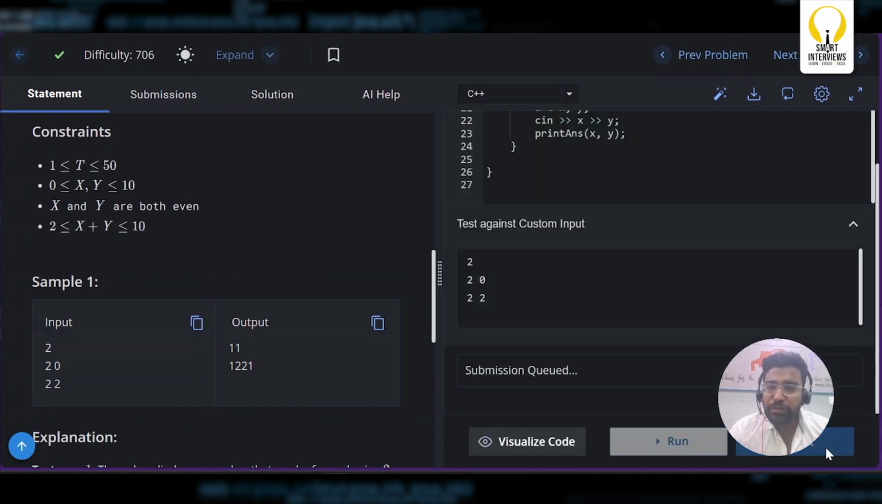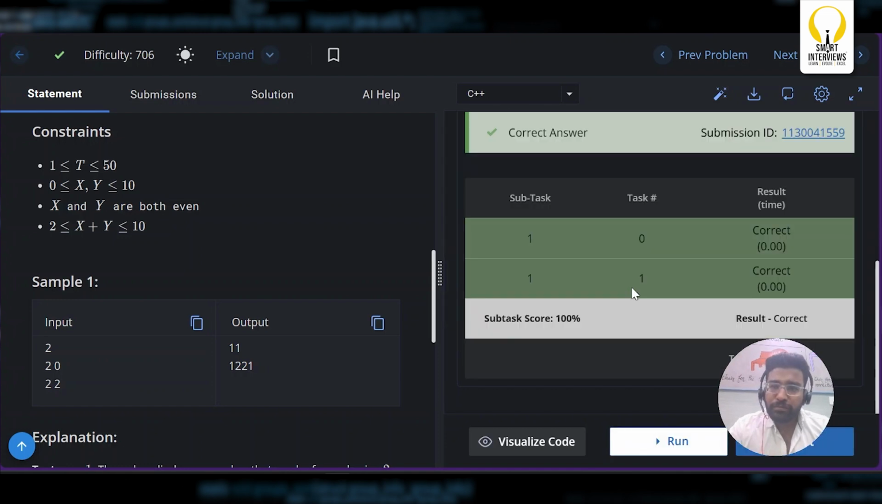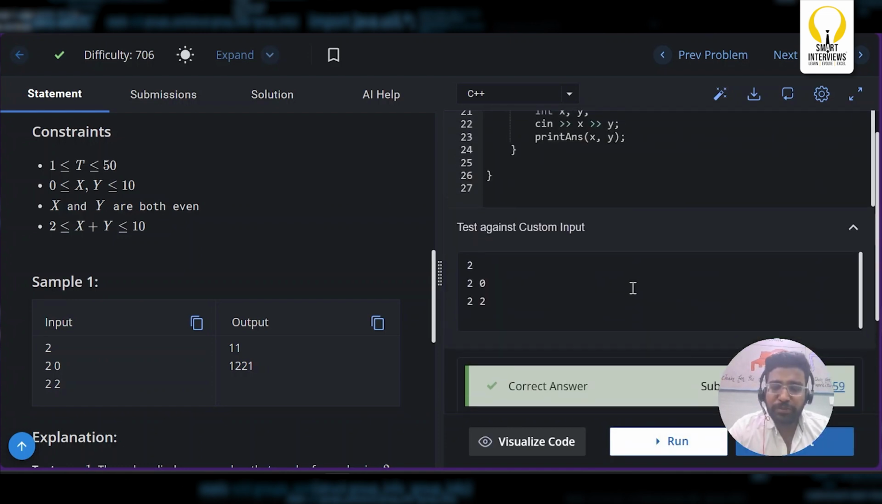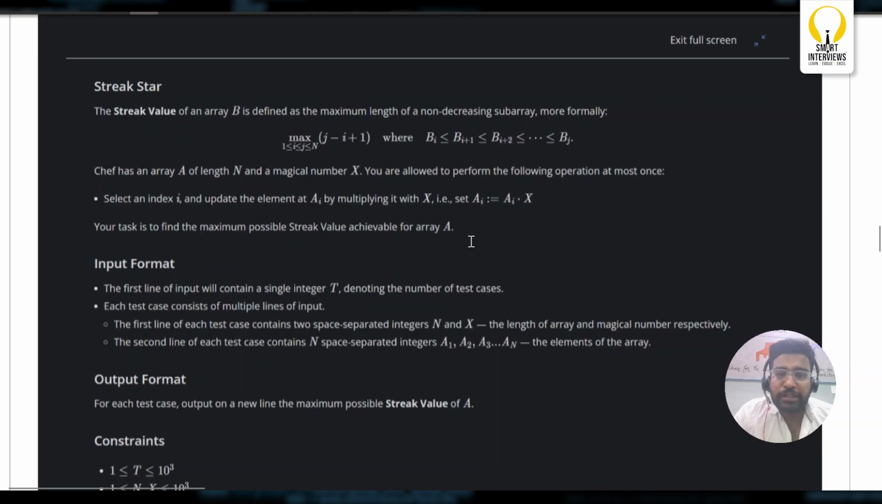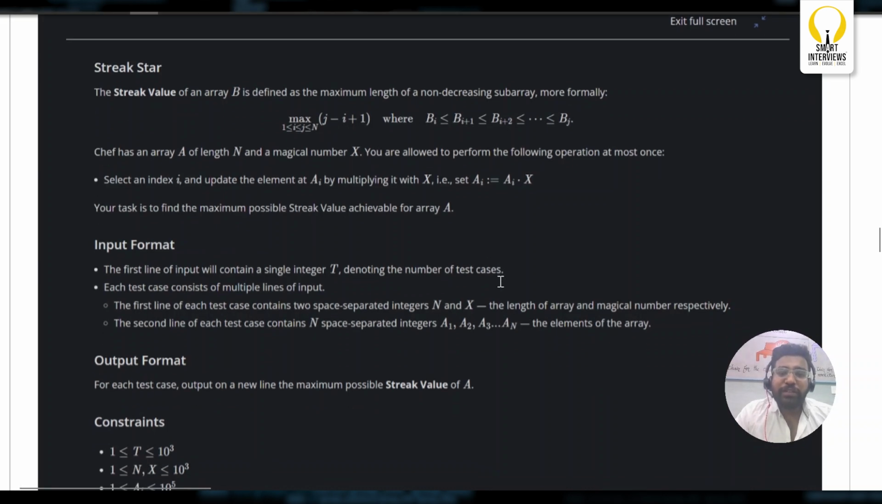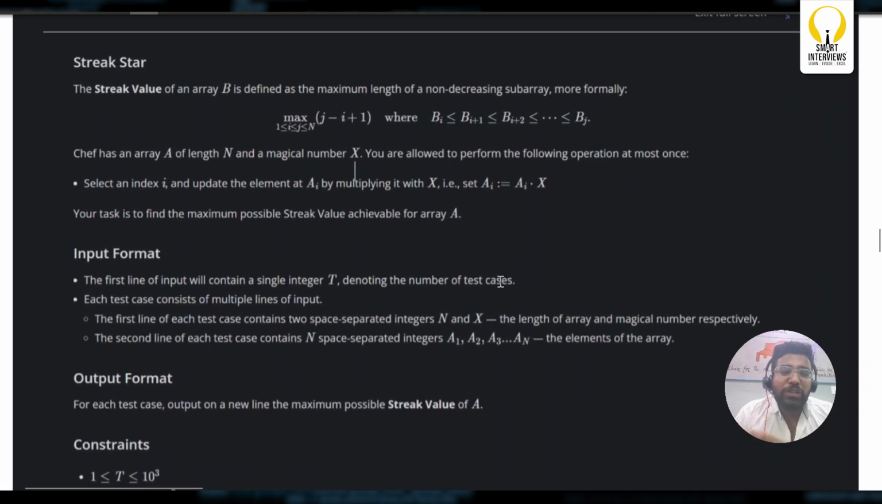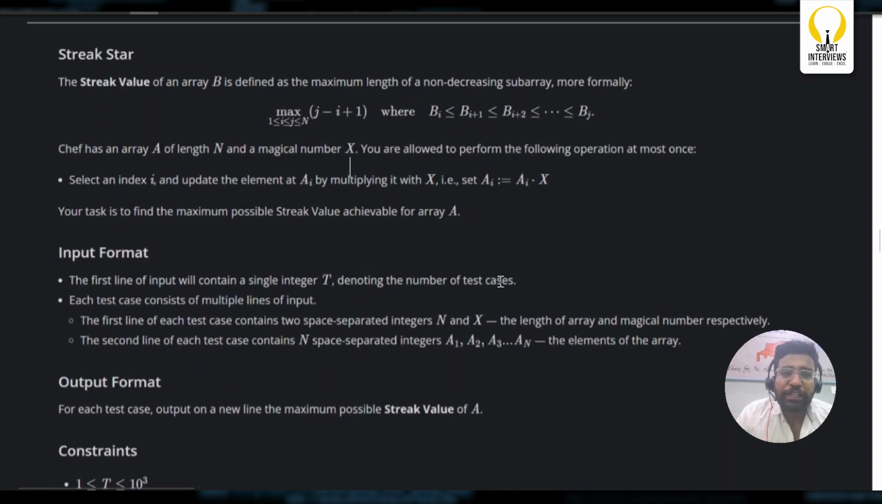Okay, let's submit the code. It got successfully accepted. Let's move forward. Okay, let's discuss the third problem. And the given problem statement is: the streak value of an array is defined as the maximum length of non-decreasing subarray, more formally. So if you look here,